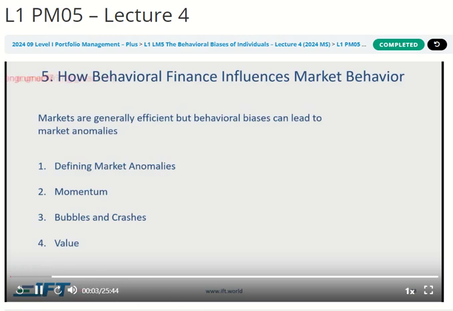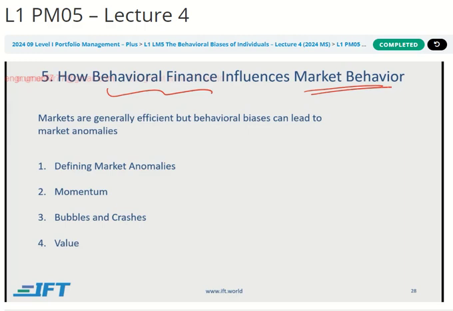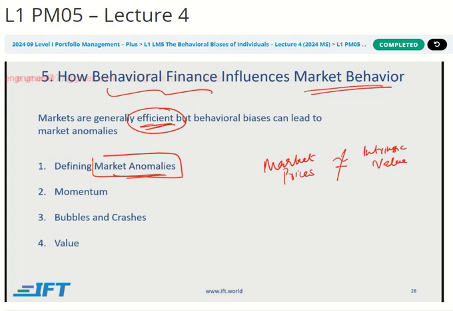So guys, now how does behavioral finance impact the market? See, first of all, what is the meaning of the market being efficient? It means that the market prices of the securities should be approximately equal to their intrinsic value. Sometimes that's not true, which means the markets are not efficient, and this is known as an anomaly. Now, what could explain that behavior is what we have studied, right? Behavioral finance could explain inefficiencies in the market.